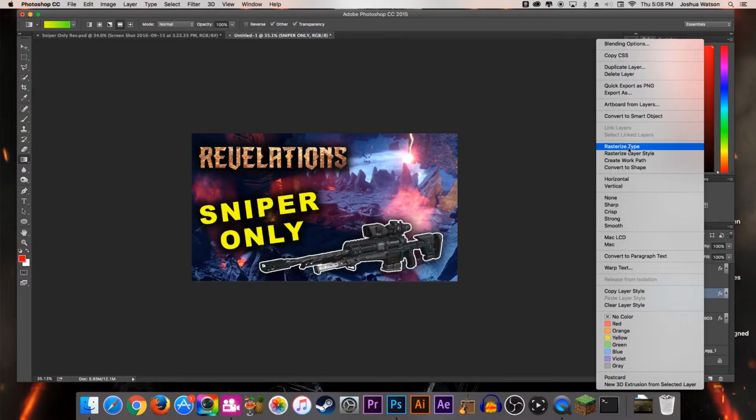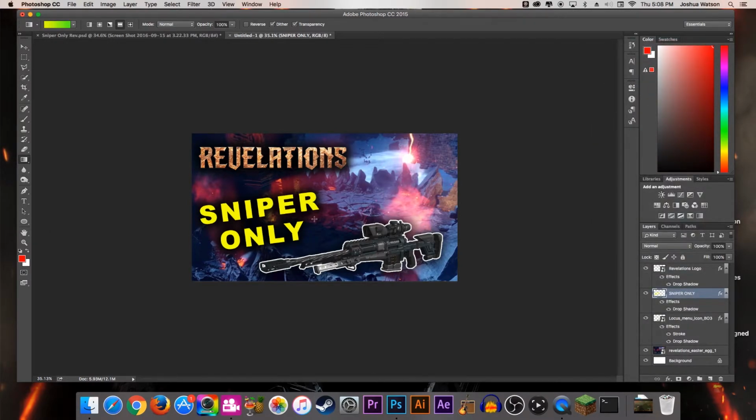But first we're going to rasterize the layer. That just converts it into pixels instead of a smart object. And then we are going to use this tool to select it specifically. Then we're going to go back to our gradient tool, and then we are going to drag a gradient across the entire thing so that it gets that nice green to yellow effect there. Now, obviously I'm going through a lot of this really, really quickly, but like I said,